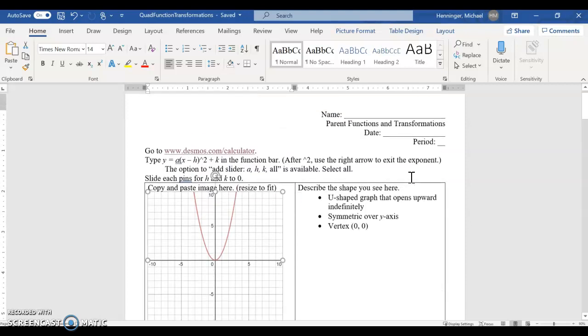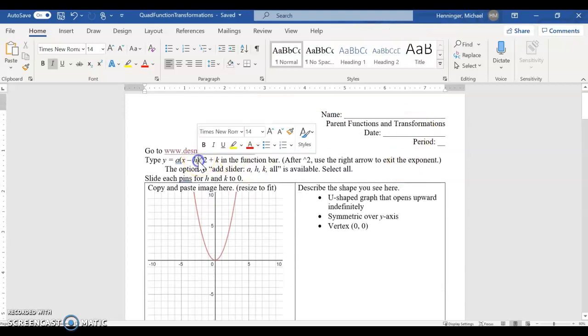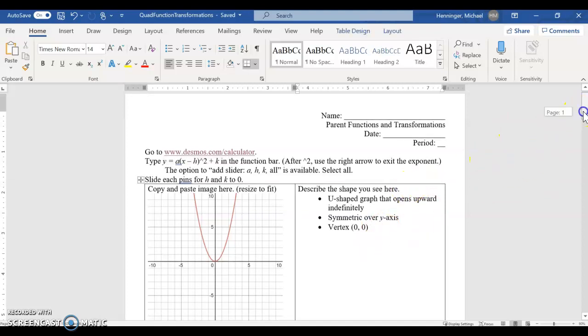We're going to analyze this function, okay? And we're going to look at how the different constants in this function affect the shape of the graph. So this is our parent, this is our base, everything's all zeros and ones. We're going to look at what happens when we change some of those numbers. Okay, so for instance,